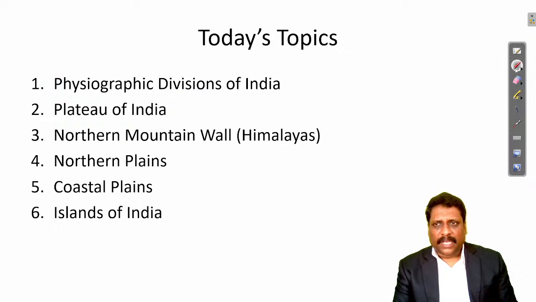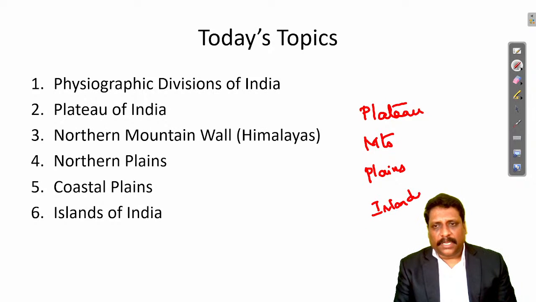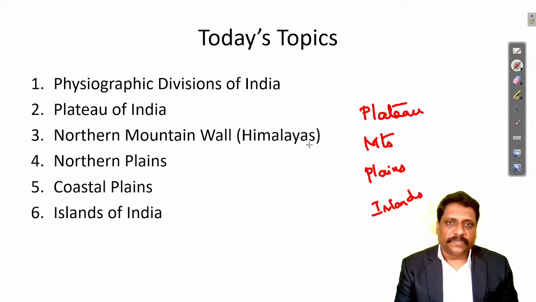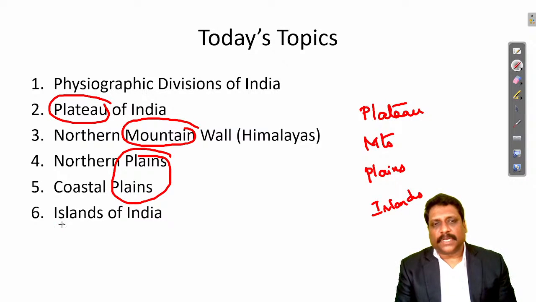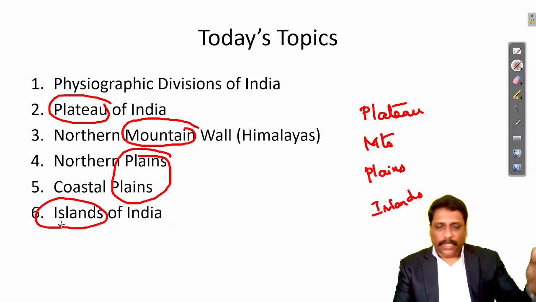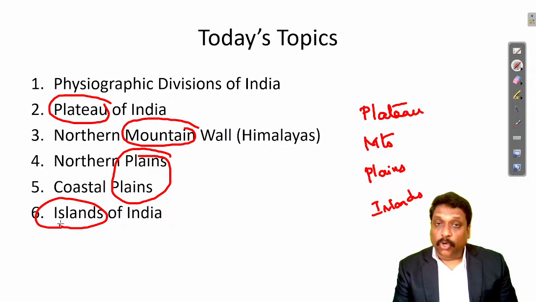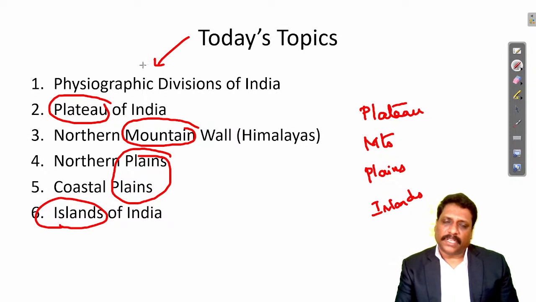The only thing is that I know what the major landform features in the world are. If you remember, what are the major landform features in the world? One, Plateau. Two, Mountains. Three, Plains. And four, Islands. So again, there is not much difference in our classification. Plateau, mountain, then plains, then islands. So forget about the names. The major landforms that we have taken globally, we are going to talk about the same landforms when it comes to Indian physical geography.